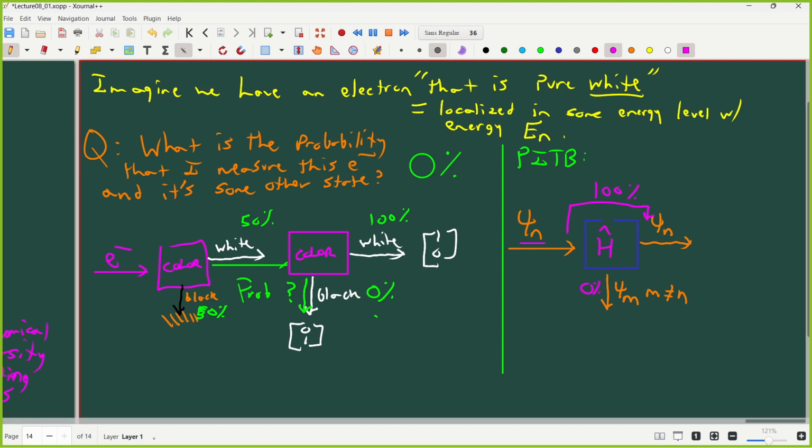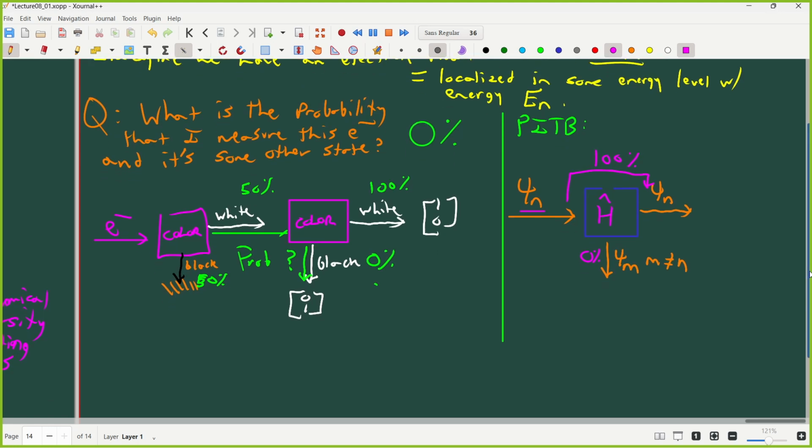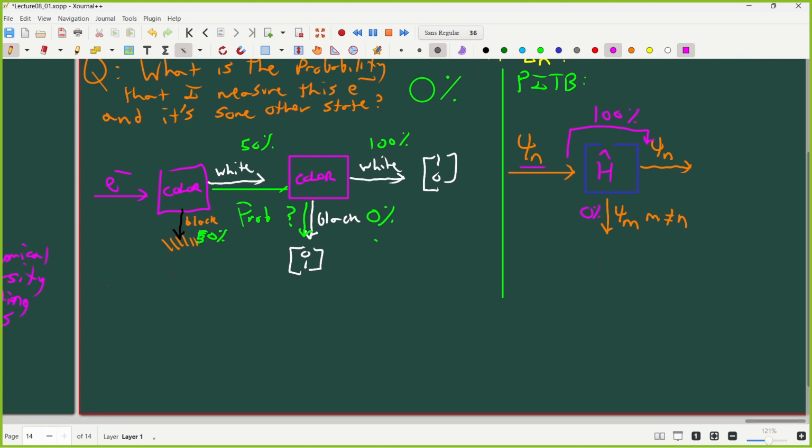Now you might not know mathematically why this is, but I'm doing the exact same measurement on the right-hand side as I am doing on the left-hand side. Exactly the same measurement. It's just a different variable. It's energy instead of color. So we know that this works, right? The idea is that once the conclusion is